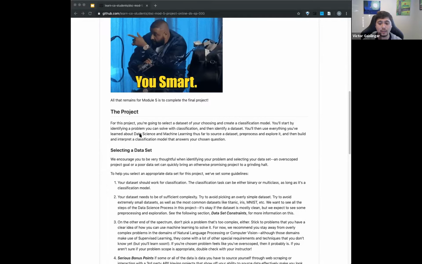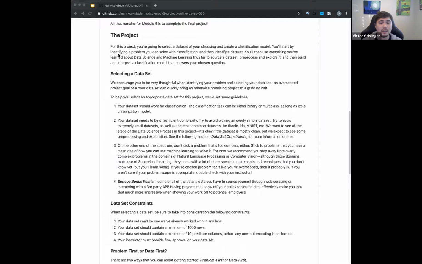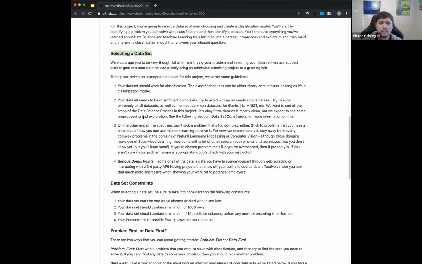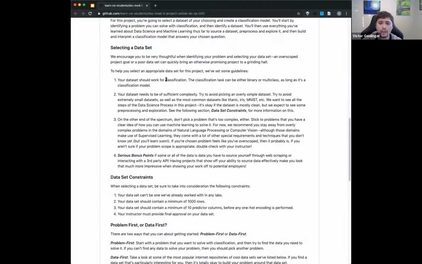Looking at what the curriculum shows here, the big thing is that you're going to be selecting your own data set. So you get to decide what your data set is, what you're going to do with your data, or what kind of data you have. Since I'm grading your Mod5 projects, one thing: the curriculum does mention using classification. I would be perfectly fine if you have a use case for doing unsupervised learning instead of supervised learning, which would be classification.